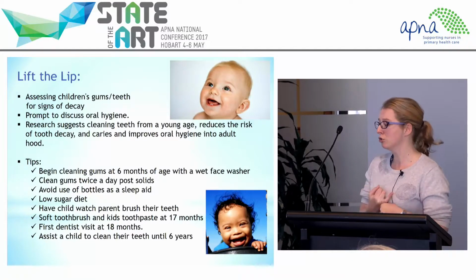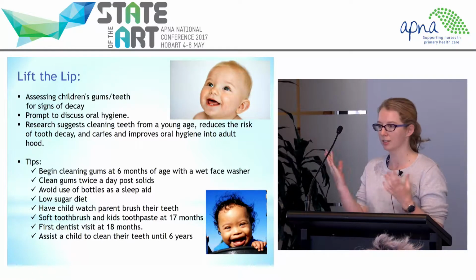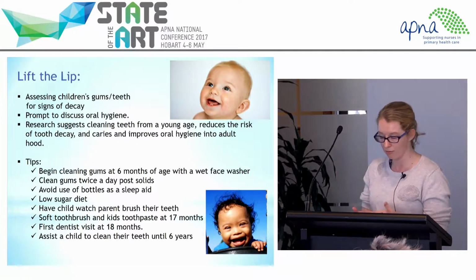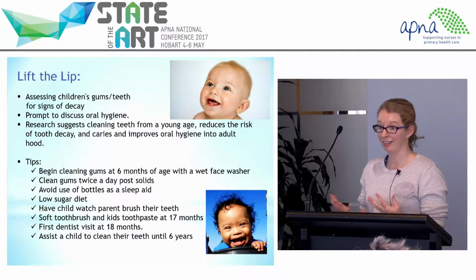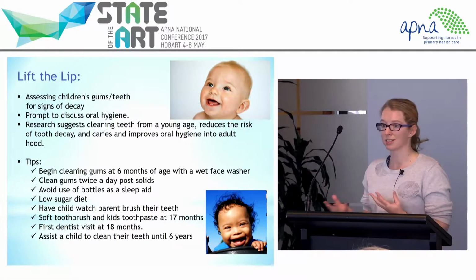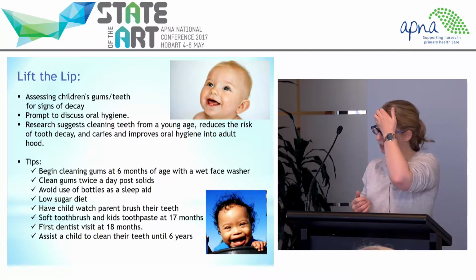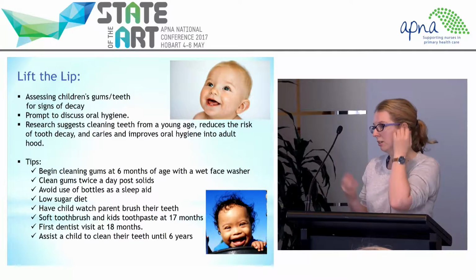So we tell them to clean the gums at 6 months of age with a wet face washer. That just gets the child used to something in their mouth as well. Makes it easier to do when they get teeth. Avoid using bottles to sleep because even milk can cause decay on children's teeth. Low sugar diets,